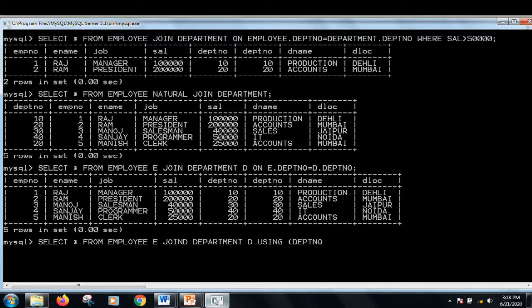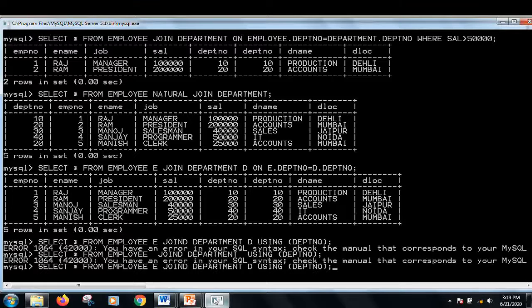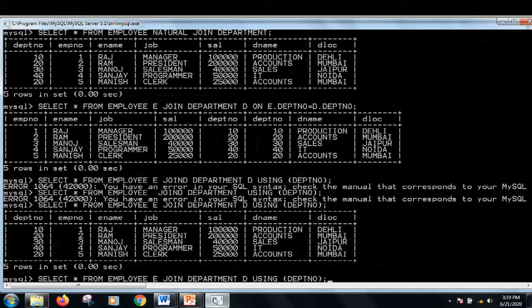Sorry, first I show you without the column aliases. Select star from employee join. There was a spelling mistake in writing the join. So see here, I have written the query select star from employee E join department D using department number.